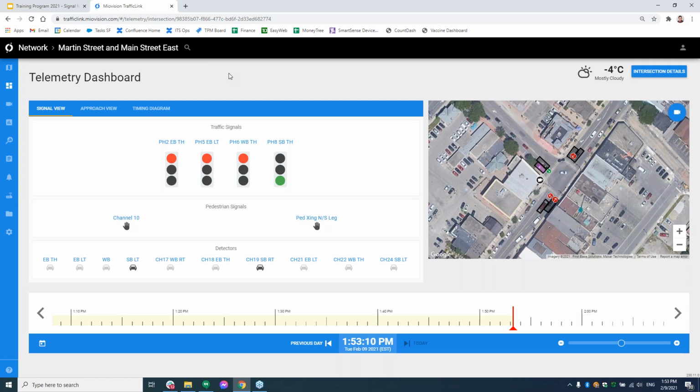There is a scenario that, so often I talk about we are connected over cell or we're connected over fiber, but you don't necessarily have to have a device of MyoVision's, or anything of ours in the cabinet. You could be leveraging us for software only. We only have a few customers doing this today, but that option allows us to take advantage of the controller's ability to do ATSPMs, the high-res data logger files on the controllers.